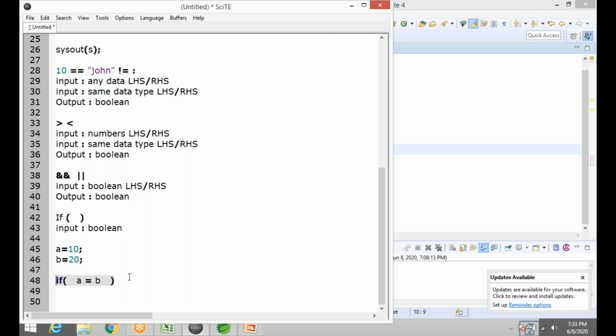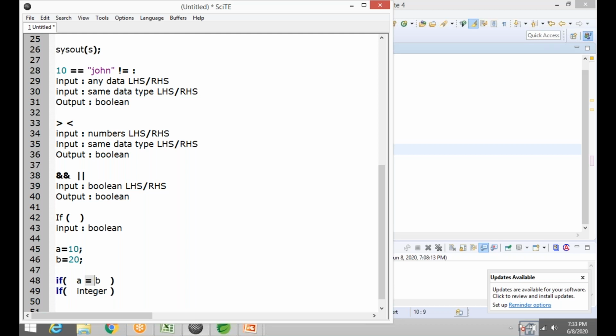So 20 is what data type? Integer. And what does if require? Boolean. Okay. This will resolve into something like this: if 20, which is not okay. If cannot have integers, it requires a Boolean,